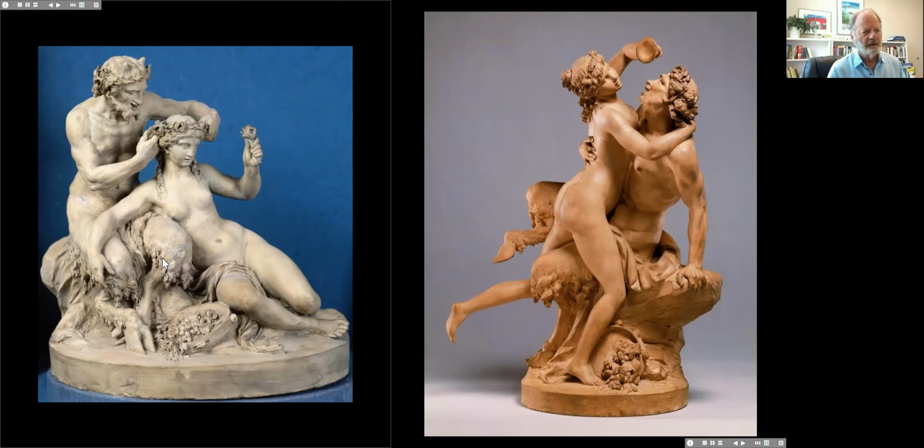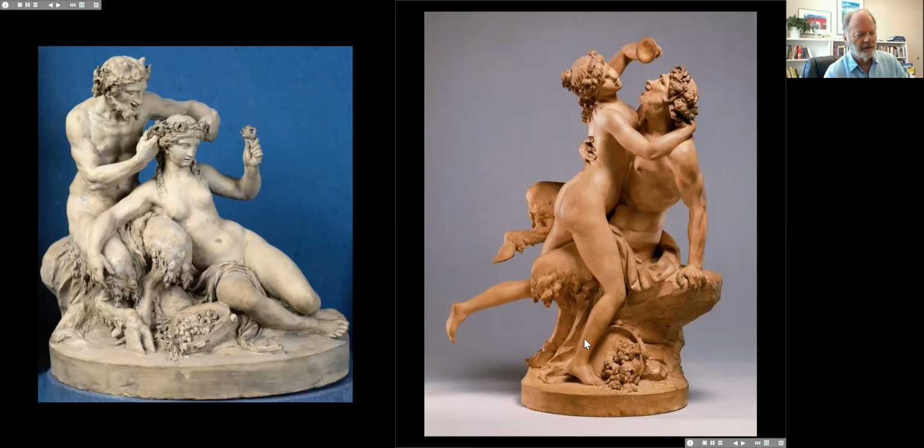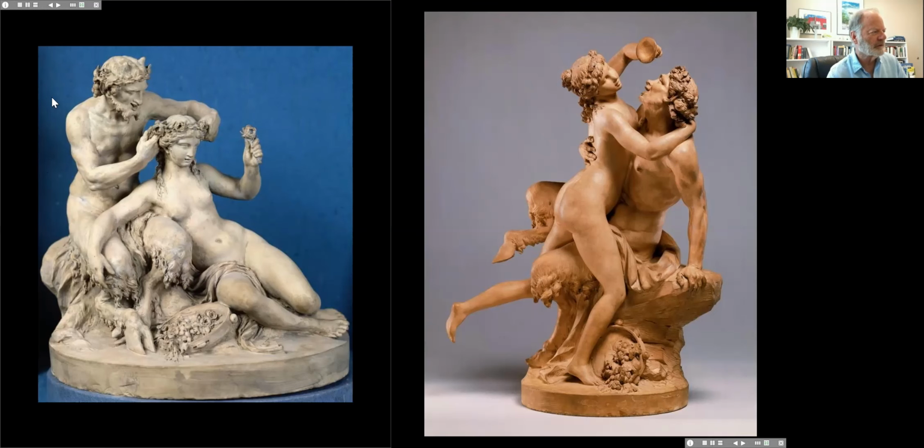The material lends itself to the nice textural contrast you see between the smooth skin and the more detailed and highly textured hair, the details of flowers and drapery, so that the work has a strong sensuous appeal. Nymph and satyr carousing. The nymph is pouring wine into the mouth of the satyr, and over here, the satyr is crowning the nymph.